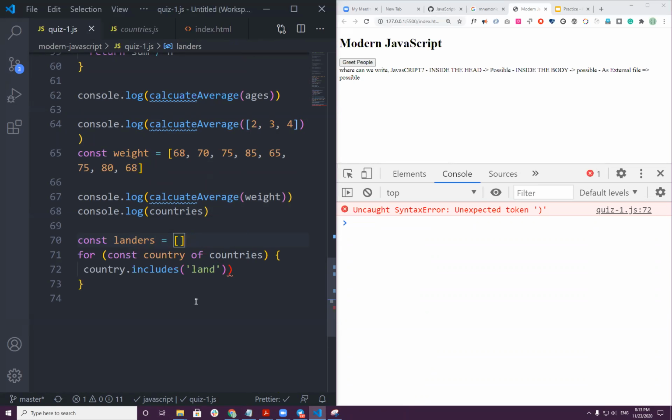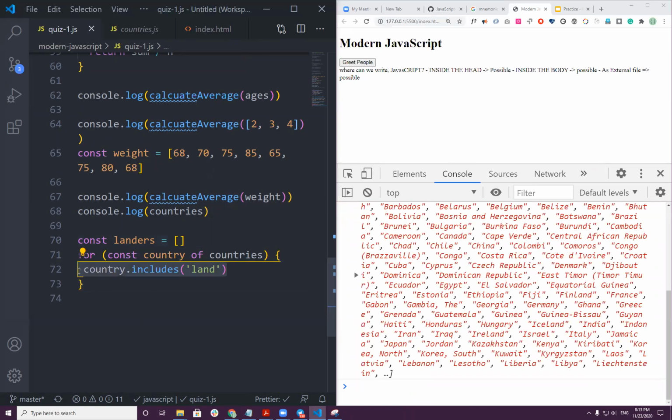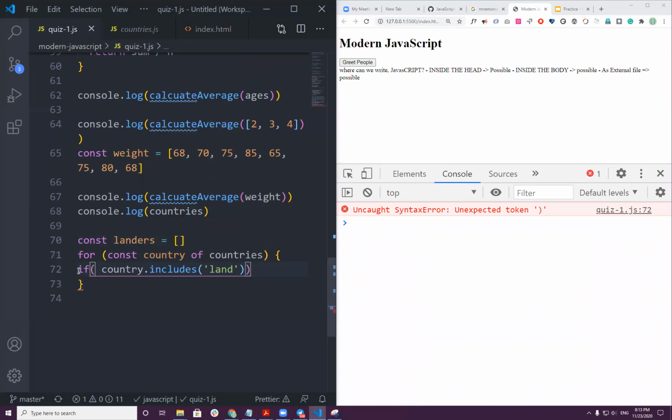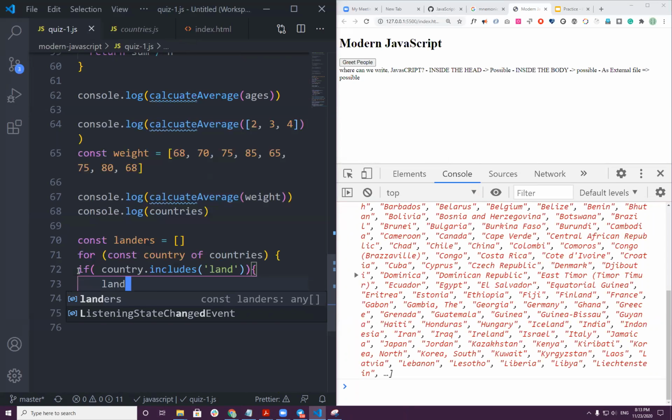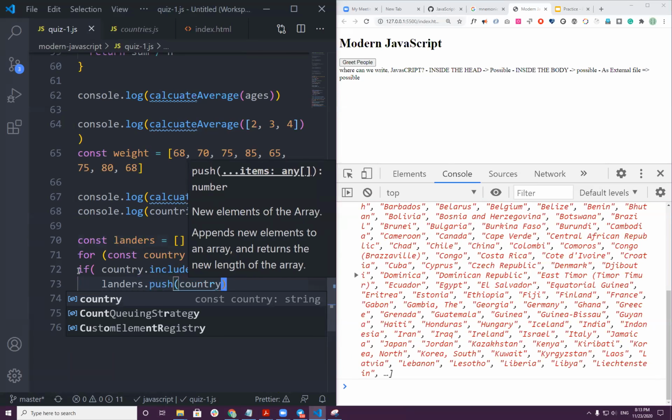In landers, I'm going to collect all the countries having the string land. So now I do a condition: if this is true, then landers.push(country).